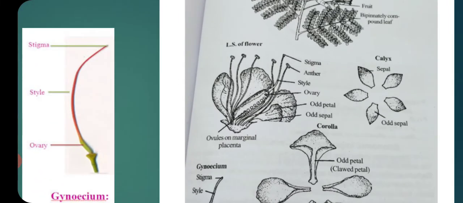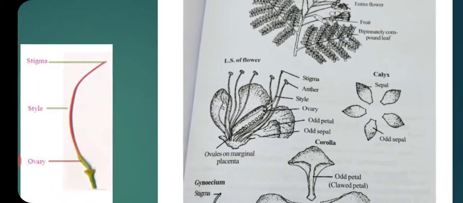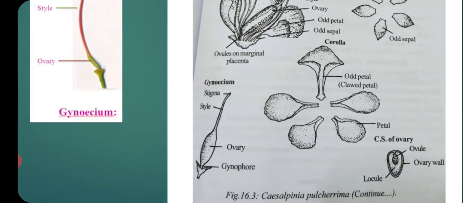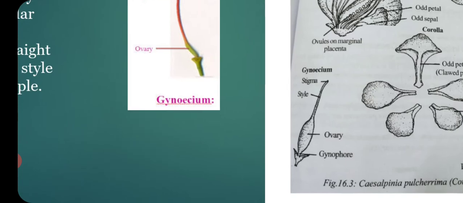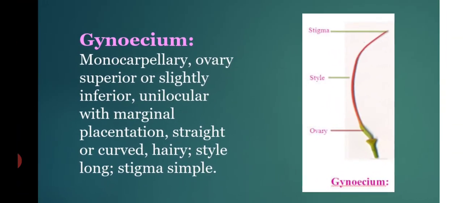Gynoecium, here this is the record diagram of Caesalpinia. This is the habit and this is the LS of the flower, and calyx, and then corolla. Here we can see the odd petal or clawed petal. Then all 4, here this odd petal is a little bit large. You should draw the size a little bit smaller than that of the normal petals. And this is the ovary. Okay, here it is the actual ovary, and monocarpellary